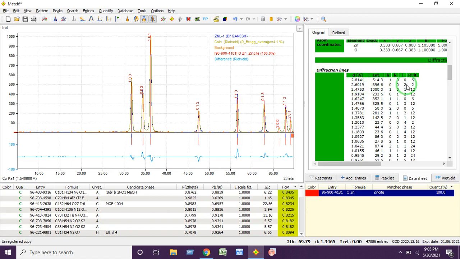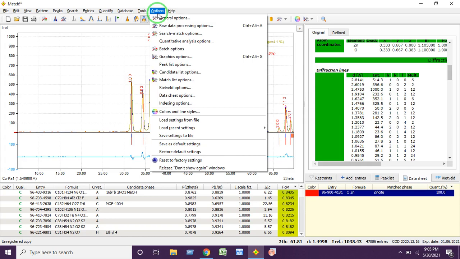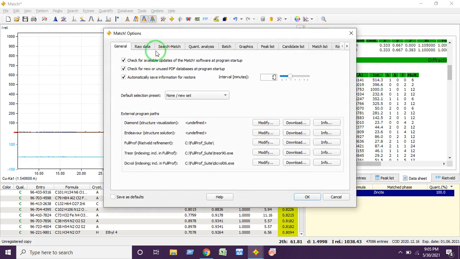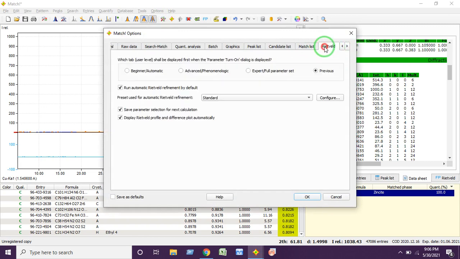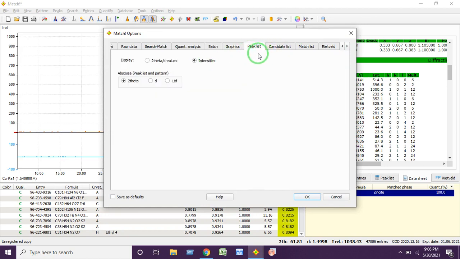If you want to see the 2 theta value in the report instead of the d value, go to options, general options. Here you can see the candidate list and peak list. In the peak list, select 2 theta and d value, then press OK.